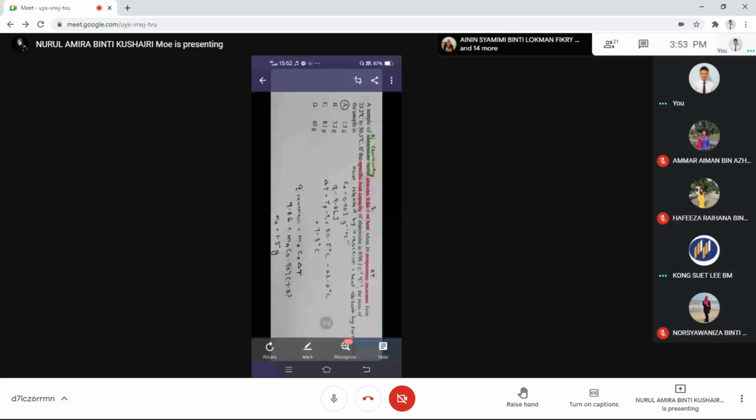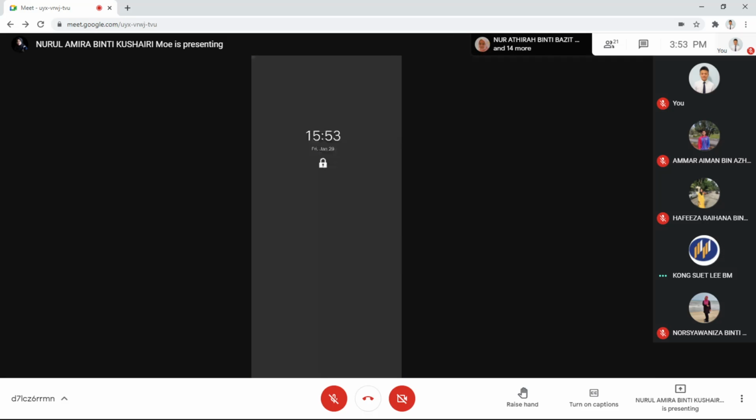Okay, number 5. A sample of aluminium metal absorbs 9.88 joule of heat when its temperature increases from 3.2 degrees Celsius to 30.5 degrees Celsius. If the specific heat capacity of aluminium is 0.90 joule per gram degree Celsius, the mass of the sample is